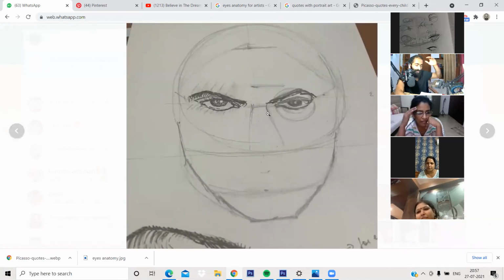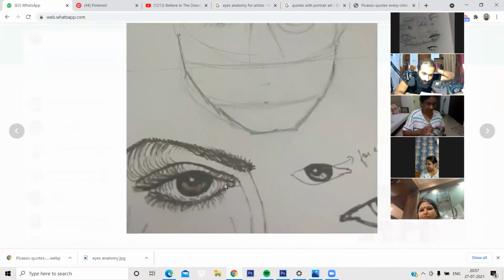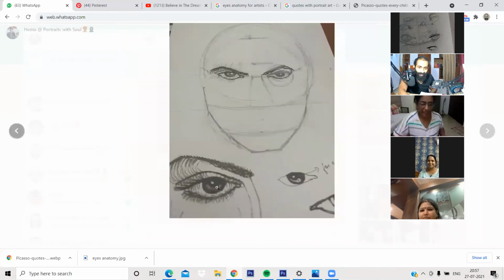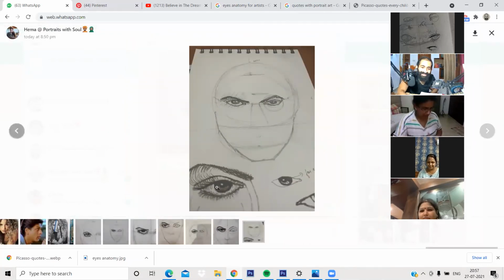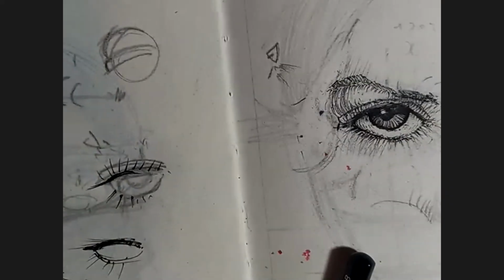Hey Hema, I would appreciate it if you took a front-up photo. Oh, you did send a front-up photo. I'll take a better picture. Yeah, a front-up photo, because I cannot use the top photo. These eyes look very good though. Because you drew it separately, is it? It was very small to work with. By the time you taught, I started doing it myself. So I didn't like it. Yeah, you can try this or try again.